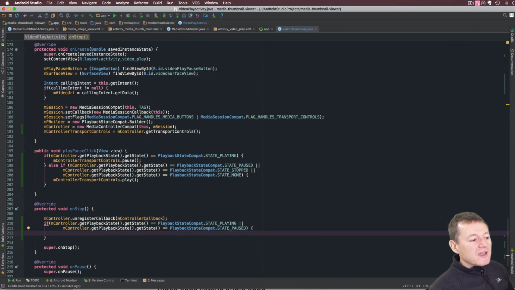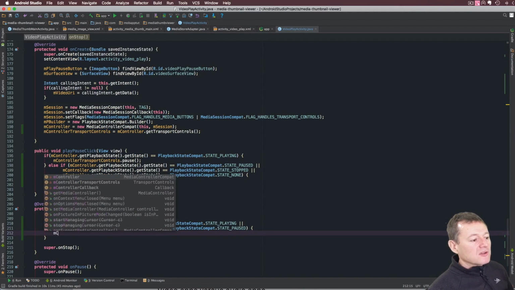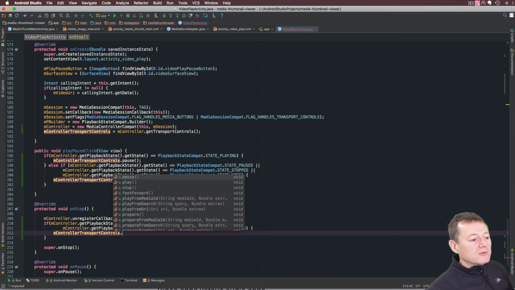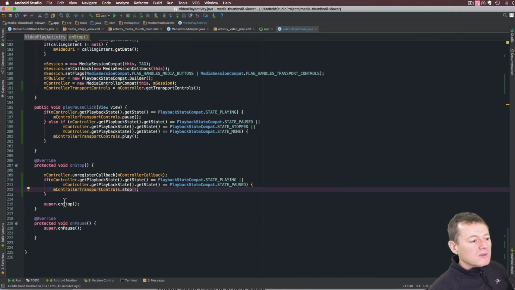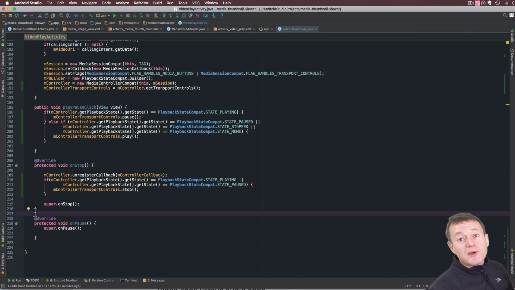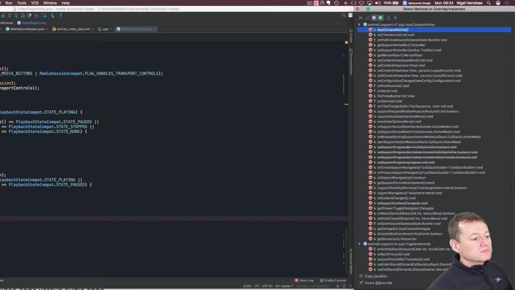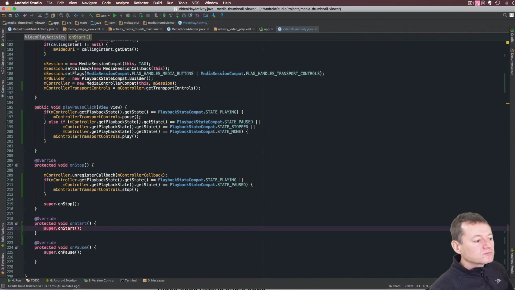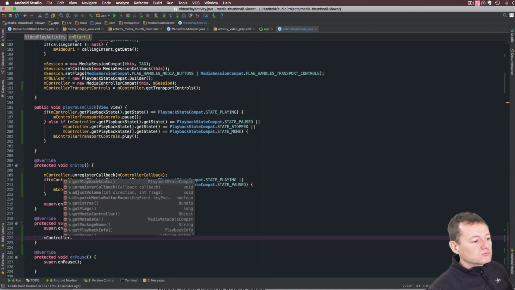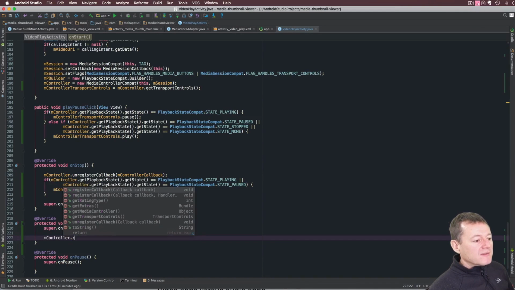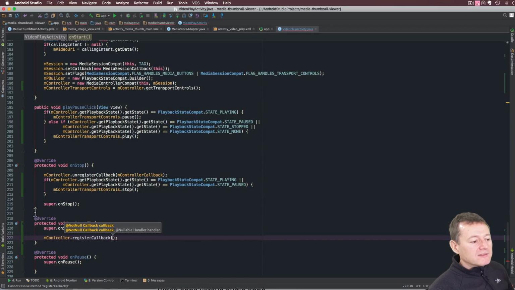And if it's either of those states, we will call down to our media controller transport and call stop. Okay, and now's a good time to add the corresponding start activity method. And again, if we're starting, we can register our controller callback. So it'd be a register callback, and the callback is